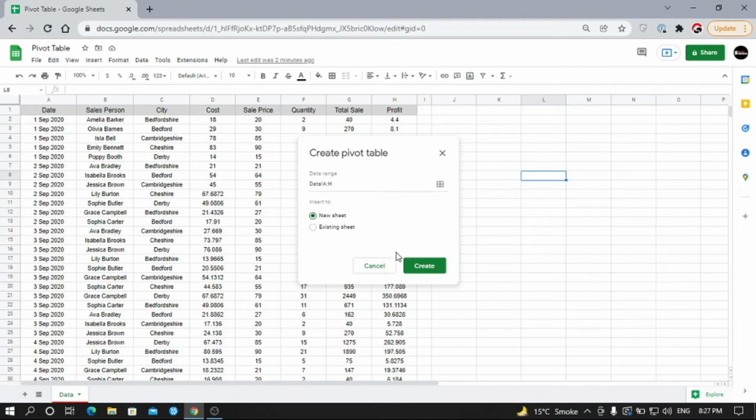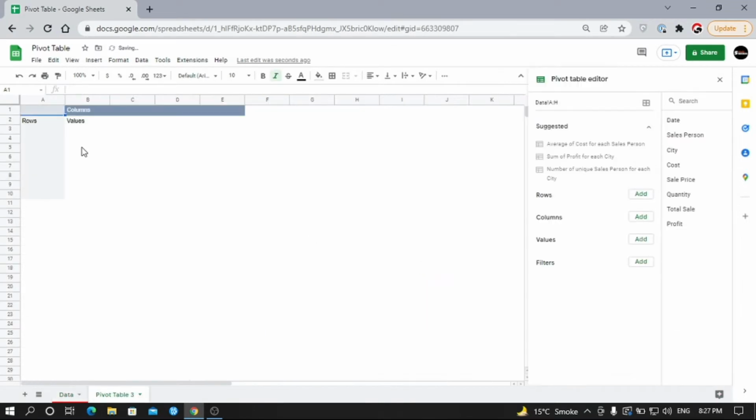Okay, the left side is your data preview side, where you have the customized data according to your need, and on the right side you have the pivot controls. Anytime you want to change the data range, you can do this from here in the controls. Below, Google gives us some suggestions depending upon the data available in the table. If that fits your need, you can select it, but we will go with the manual part.